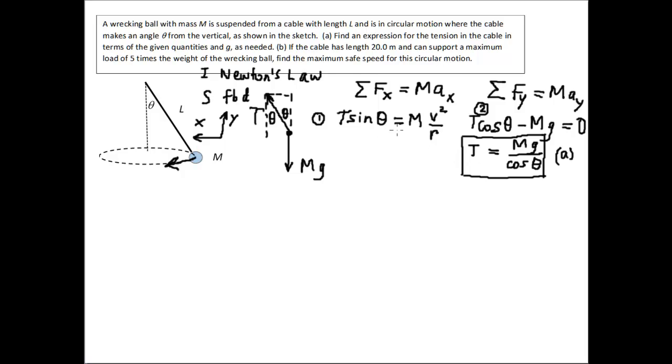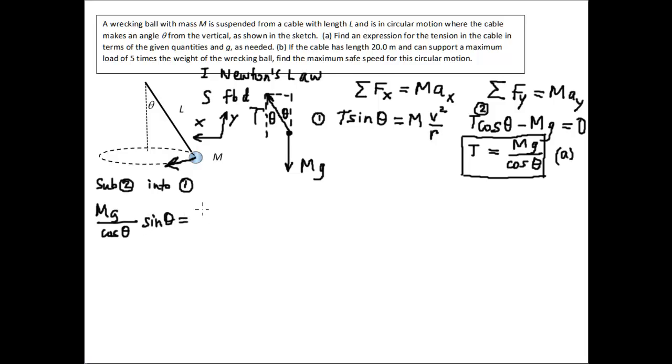So what we're going to do now is solve for v. And then we'll figure out how we get the maximum v once we've solved for it. But we're going to combine equations 1 and 2 and solve for v. And the easy way to do this is just to substitute equation 2 into 1. Alright, so we'll rewrite equation 1, except in place of T, we'll write mg over cos theta. So what does that give us? We get mg over cos theta, that's our T, times sine theta